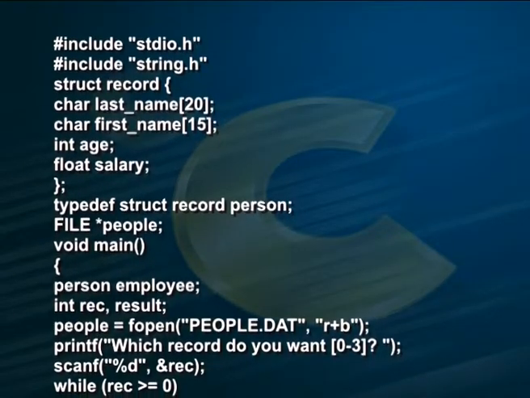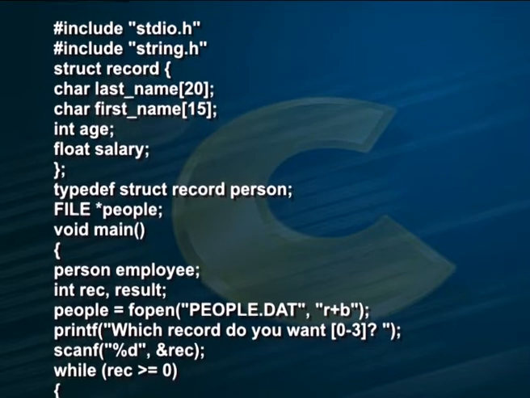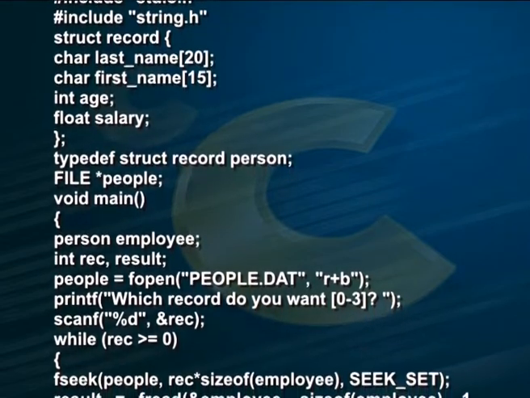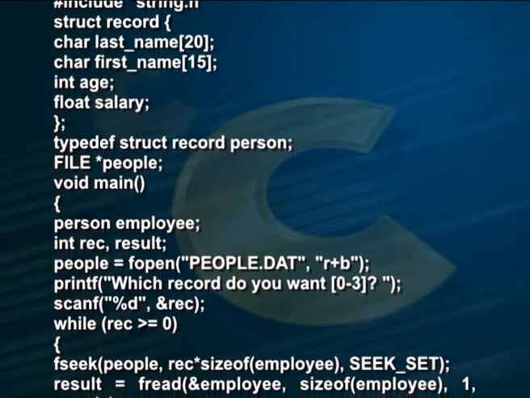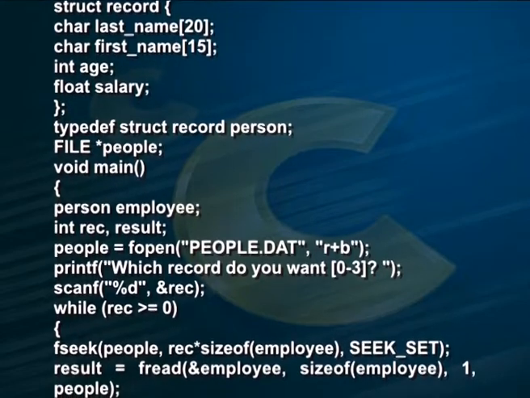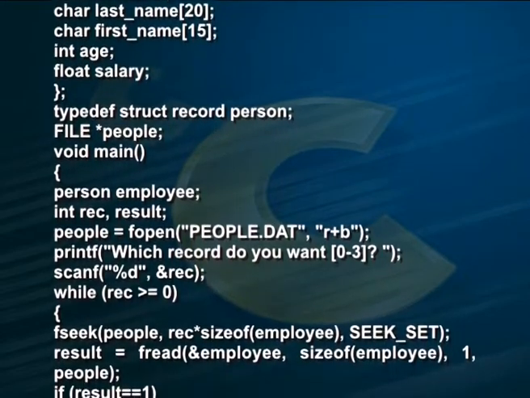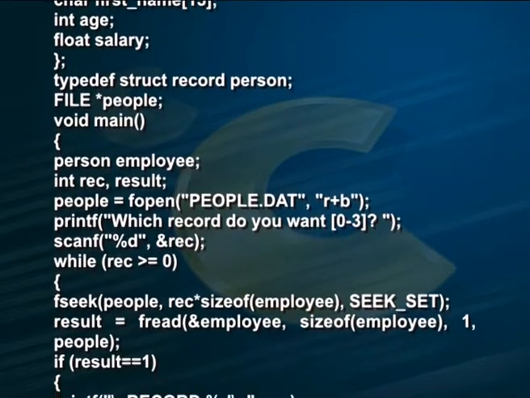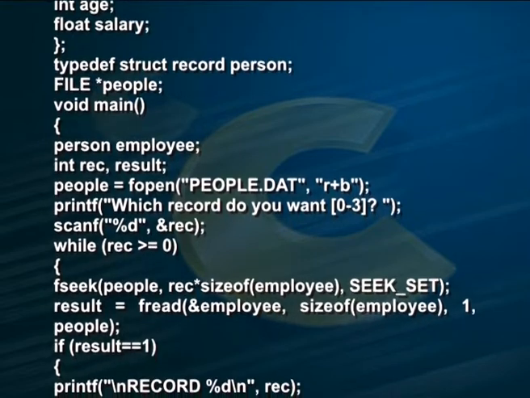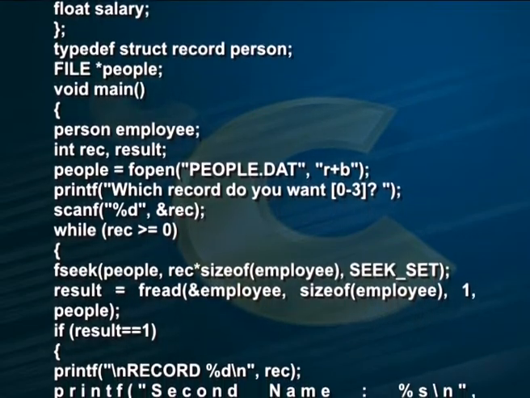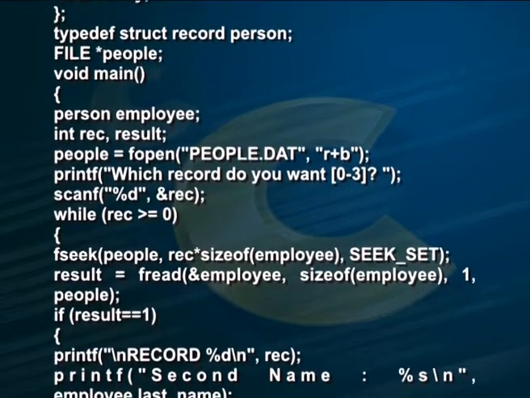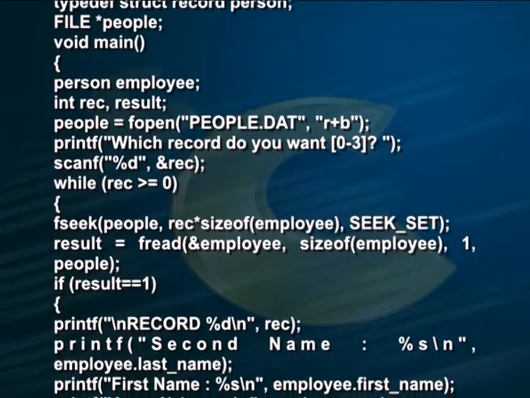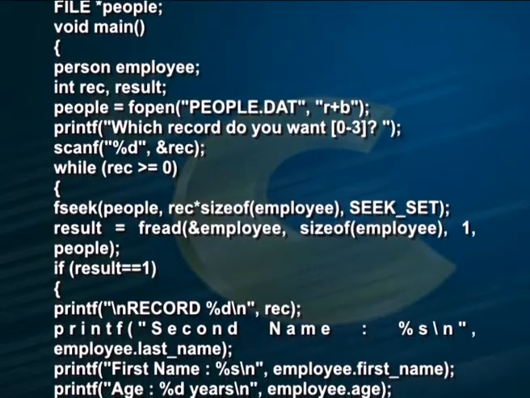#include <stdio.h>, #include <string.h>, struct record { char last_name[20]; char first_name[15]; int age; float salary; }; typedef struct record person; FILE *people; void main() { person employee; int rec, result; people = fopen("people.dat", "r+b"); printf("Which record do you want, 0 to 3?"); scanf("%d", &rec); while (rec >= 0) { fseek(people, rec * sizeof(employee), SEEK_SET); result = fread(&employee, sizeof(employee), 1, people);